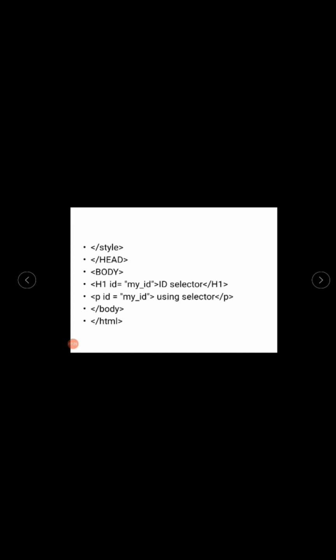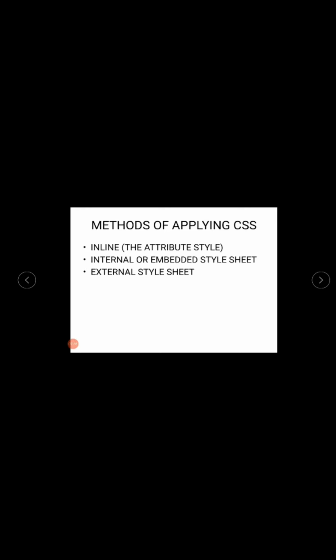The difference between the ID selector and the class selector is that when we make a class, we make use of a dot, and when we make use of the ID selector, we make use of the hash symbol before the ID name. Now there are three methods of applying CSS: inline, internal and external.